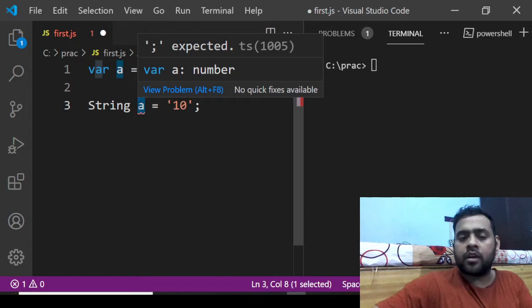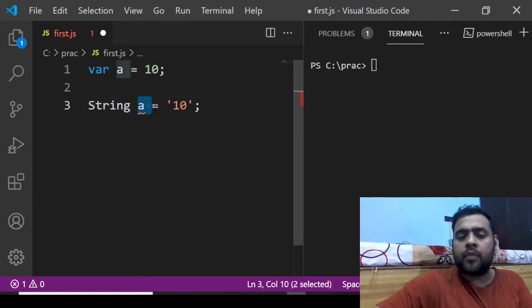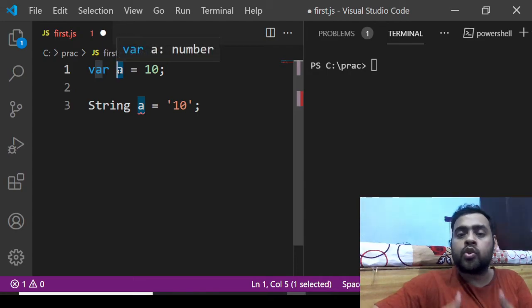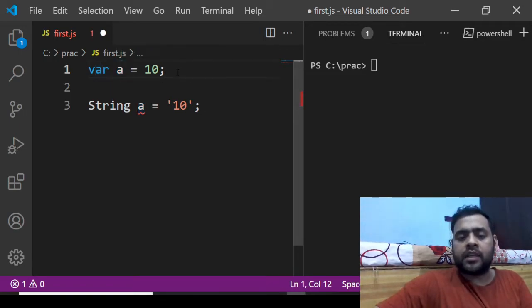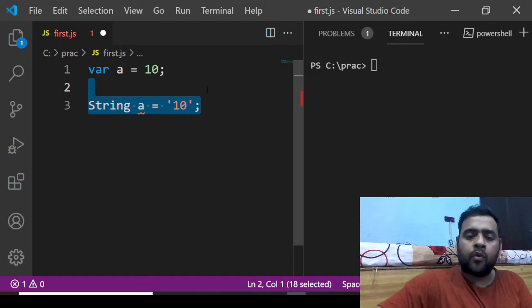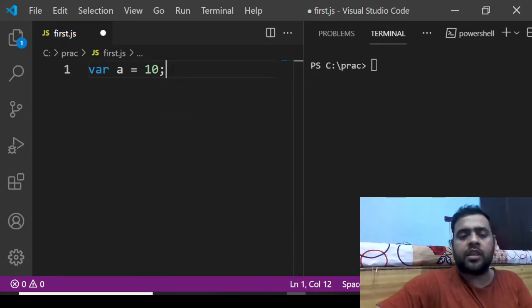This name, the used word, is what stores our value. So string is the type of a, but in JavaScript, number is the type of 10, not of a. In JavaScript, whatever type there is, it is the type of the value, not of the reserved word. var is a reserved word and a is a name used to store our variable's value. So let's remove this other language stuff and see only JavaScript.